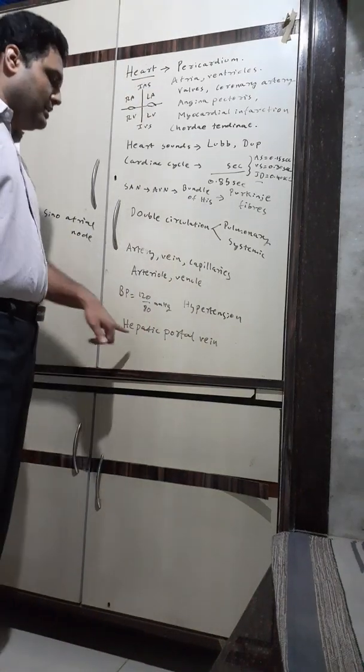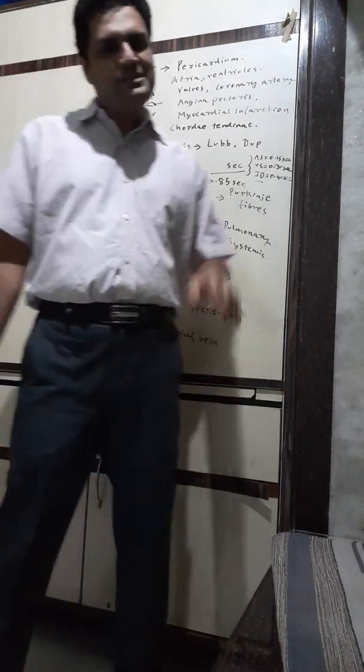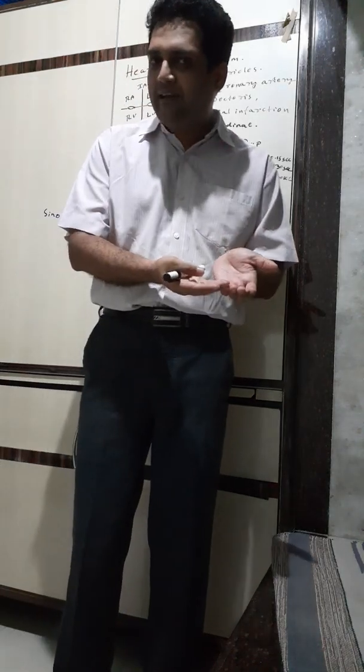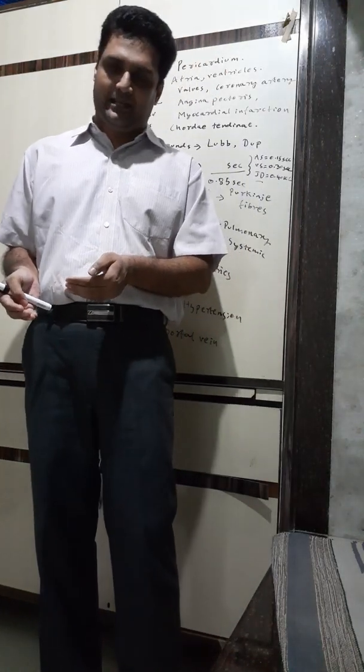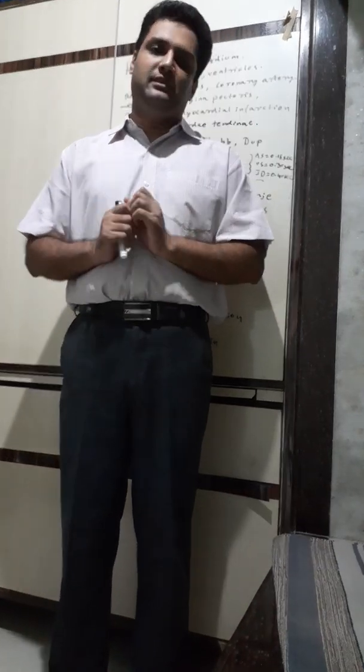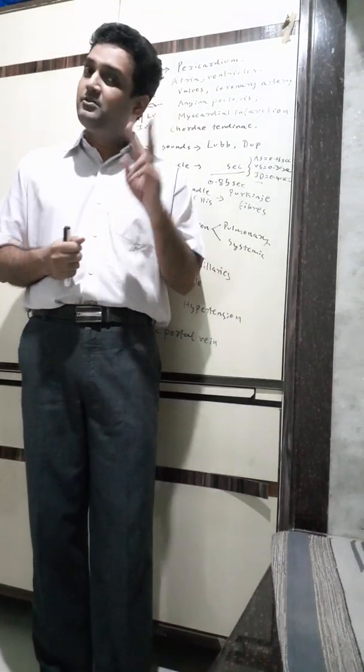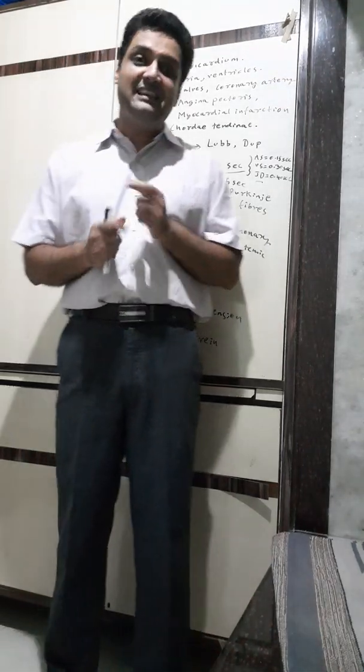Hepatic portal vein. Now what's a portal vein? A portal vein is a vein which starts as capillaries and ends as capillaries. The vein which connects the intestine to the liver is called the hepatic portal vein. Now why should a vein connect the intestine with the liver? For two reasons. Remember, children, in the intestine,